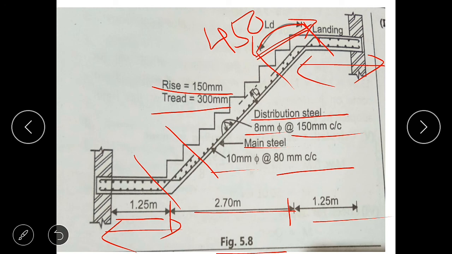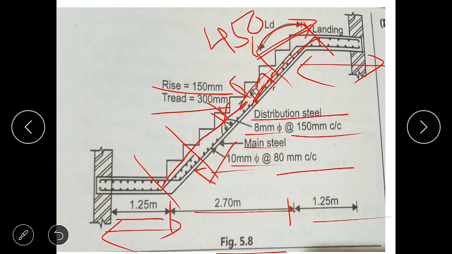So here this is a staircase, this is a rise, this is a tread, this is a tread, and after that is the main bar, main steel. It is a main steel of 10 mm. Here the main steel, from these distances up to here, we provided depth. Here is D depth. Our depth is 275, and from cover to above this depth is 250.